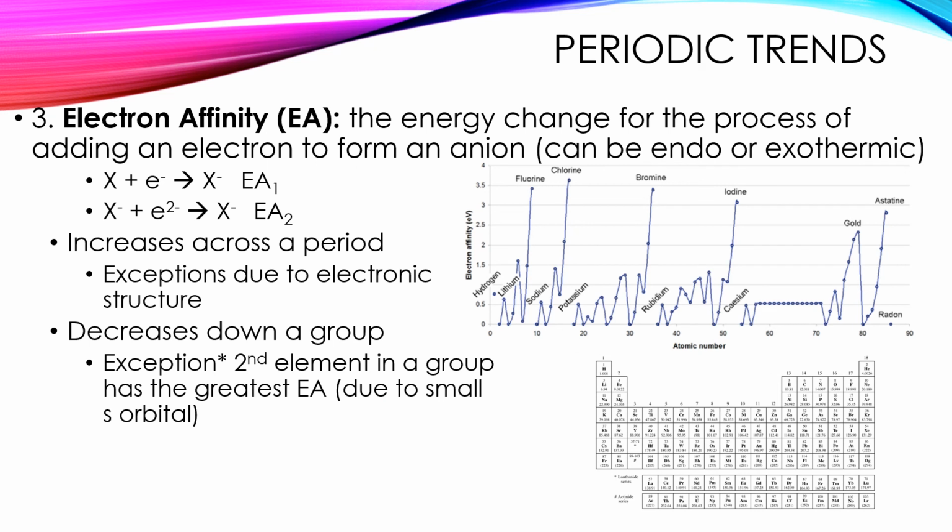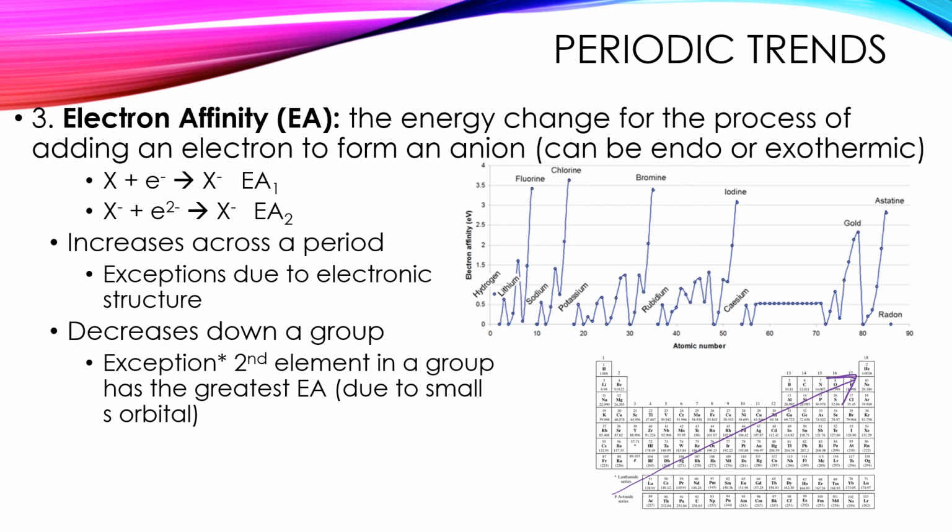Electron affinity is the energy change for the process of adding an electron to form an anion. So you can really think of this like how badly does that atom want to gain an electron. So it makes sense that that's going to be the highest with our non-metals because those are the ones who typically form anions. So an interesting exception to note though is we're going to decrease as we go down a group,